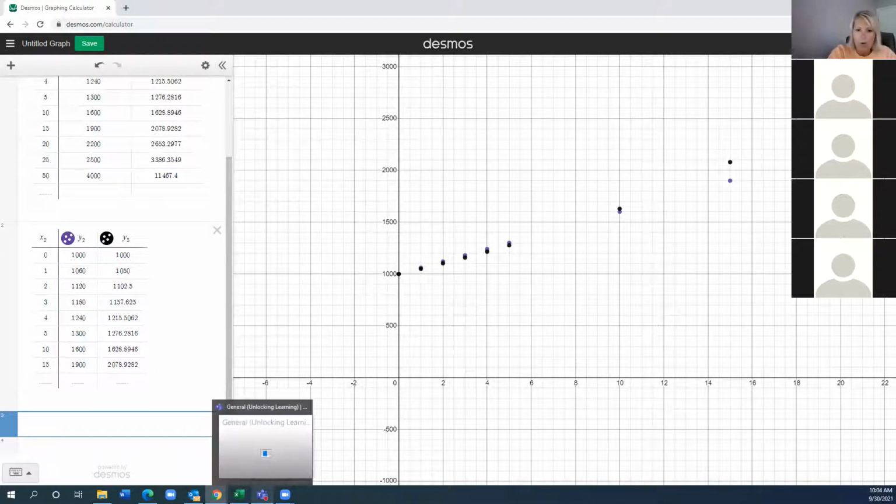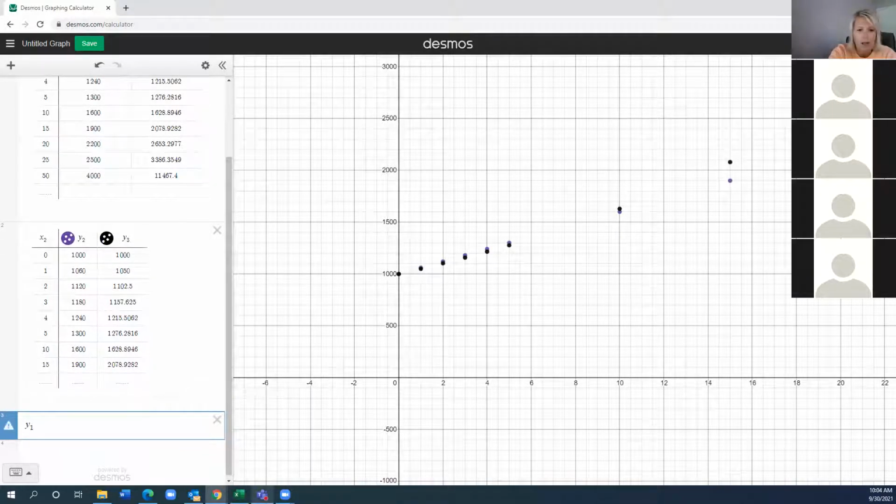So I'm going to go Y1 and I'm going to use that tilde symbol. And now the tilde symbol is to the left of your 1 key. There should be a key that has that tilde symbol. So you have to hit shift and that symbol. And then I'm going to type M. Whoops, I wrote it wrong when I wrote it for you guys. It was B plus MX. B plus MX, I wrote it opposite. So it's going to be, oops,